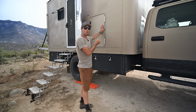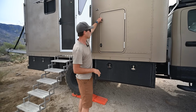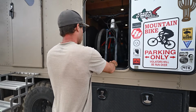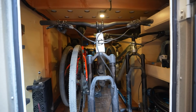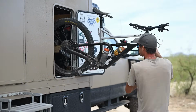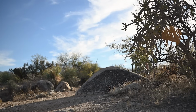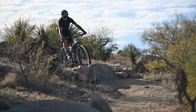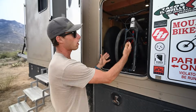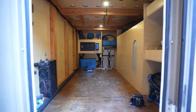So from the cab to our living space, it's actually not connected. Inside of this discreet Overland cargo door, we have a massive garage. And this was one of the biggest reasons for us to have a custom truck camper, so we could store our 4 bikes inside. Bikes being outside, for security and longevity of the bikes, just doesn't make sense for us. And this garage also gave us a massive space to store 92 gallons of fresh water, our entire electrical system,